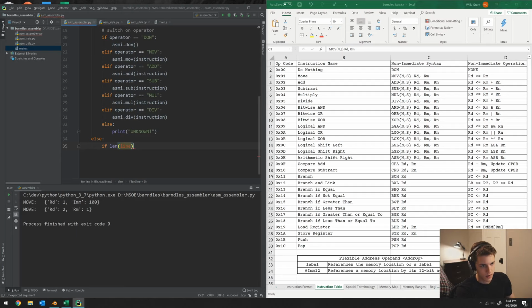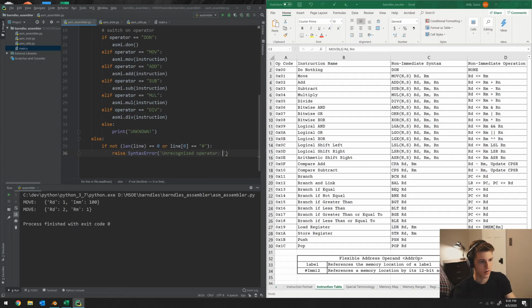Oh, len line 0, or we can say the first character in the line is a pound sign for a comment. So if not one of these cases, then we raise syntax error,